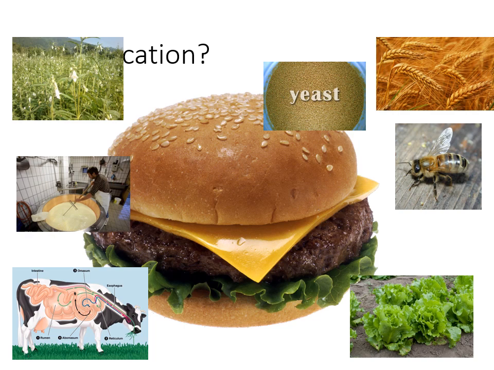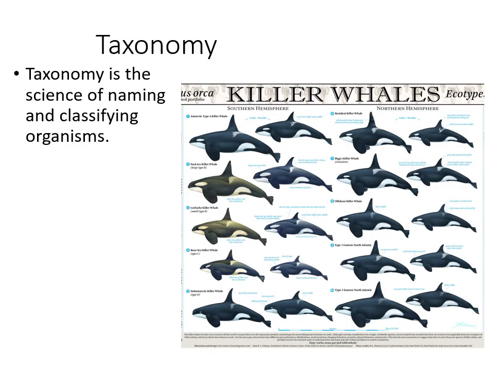Do they grow in the ground? And we kind of take most of the classification that we have nowadays for granted. For example, we know yeast is not a plant, but a long time ago it might have been thrown in there. We know that both cows and bees are animals. So the science of classifying and putting these things in groups is called taxonomy. So the science of naming and classifying organisms.